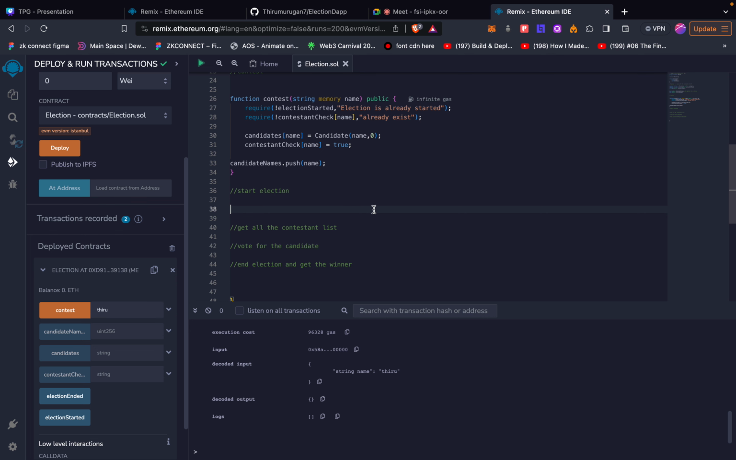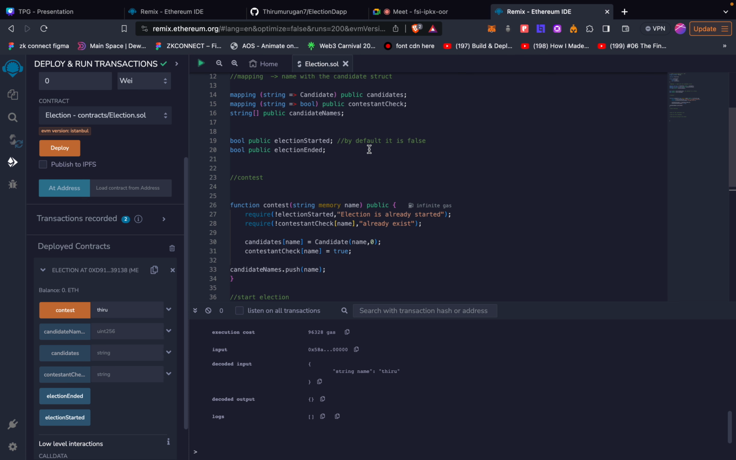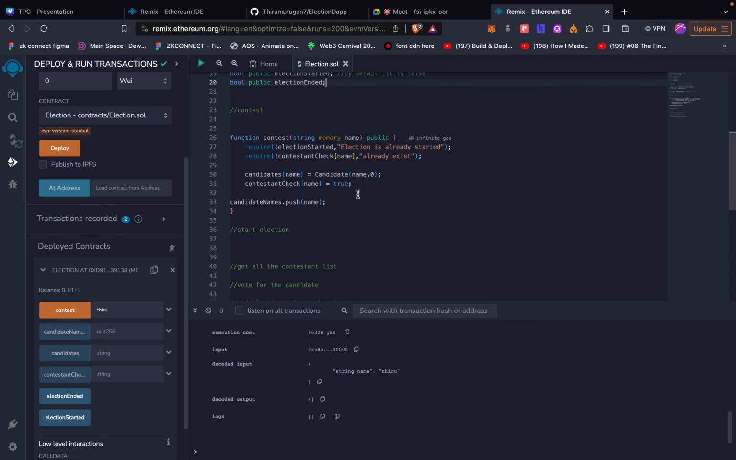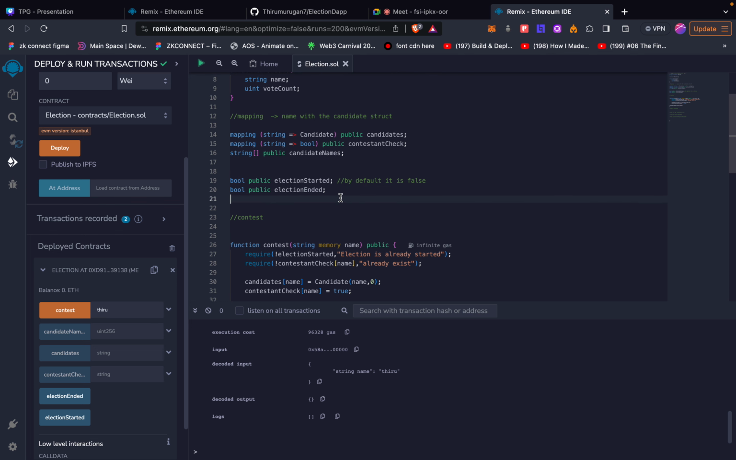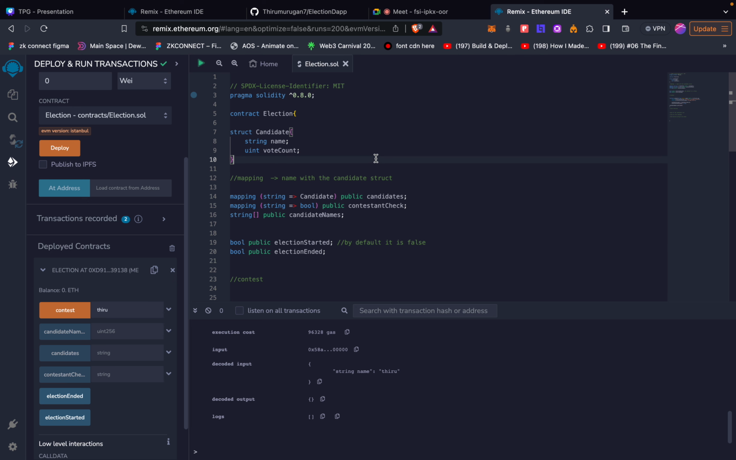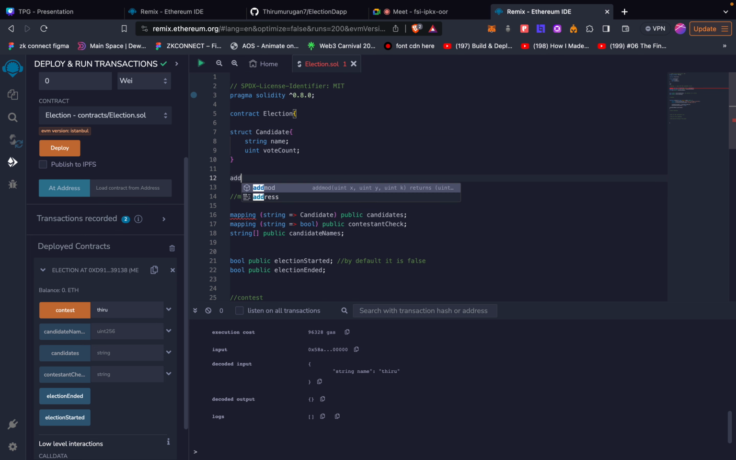Which is start election. I have something cool for start election. For start election and end election, which can be triggered only by the address which deploys the contract, which is the owner of the contract. For that we need to do some extra work. First of all, we need to declare an address, which is the owner, and then